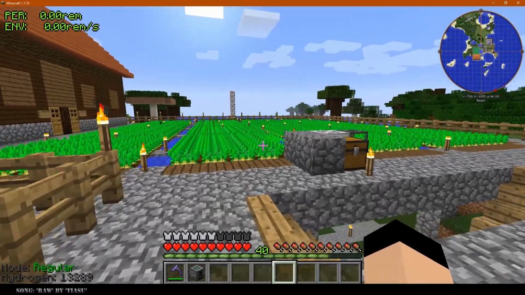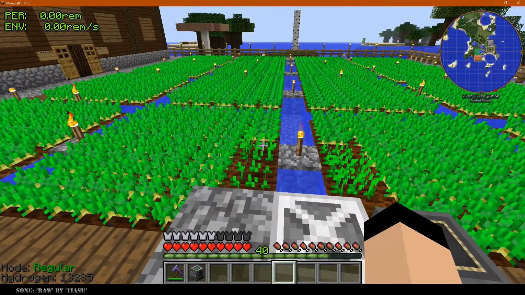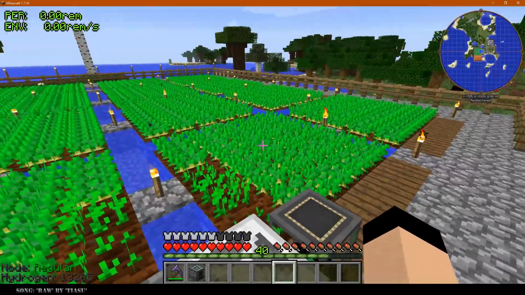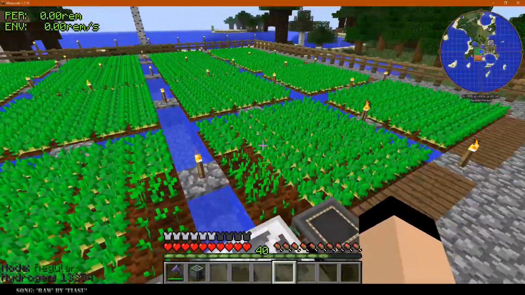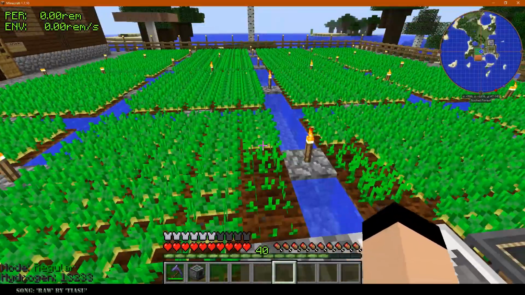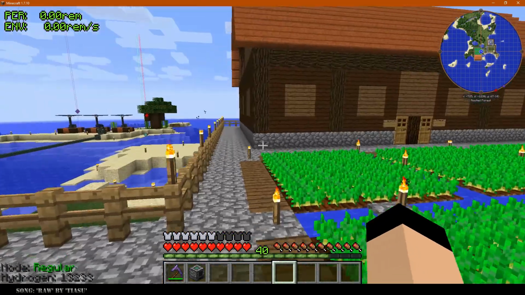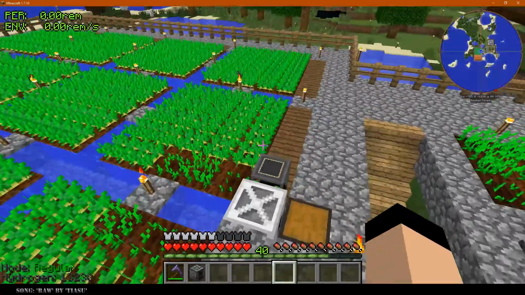But the farm over here is doing potatoes. It is not doing a very good amount of potatoes. I don't really know what's up with it. It's a decent sized farm. We basically have a 4x4, so that's 16 plots that are each 25 each. That's about 400 potatoes being grown. So we should be getting a decent drop rate, but it doesn't seem like...